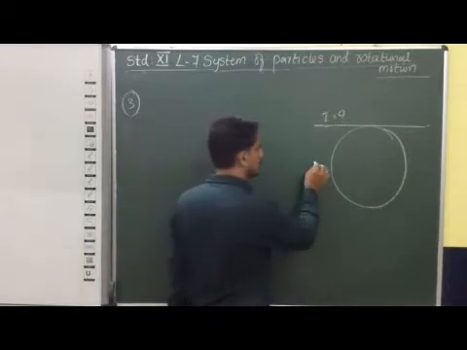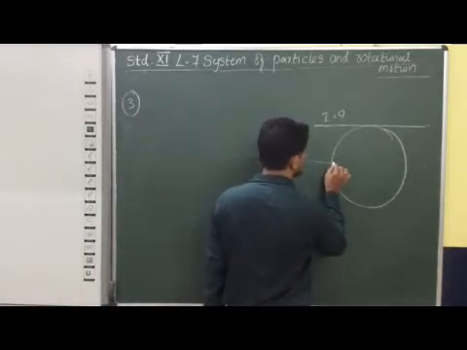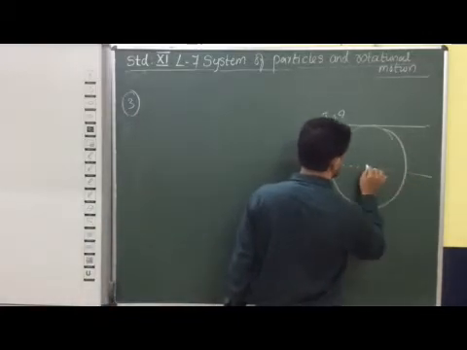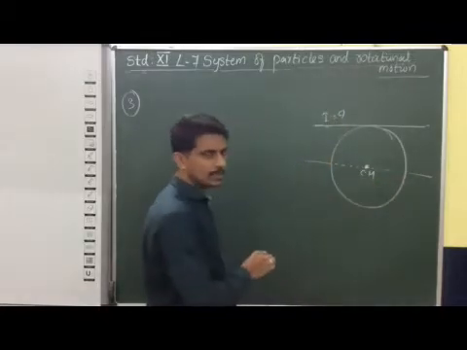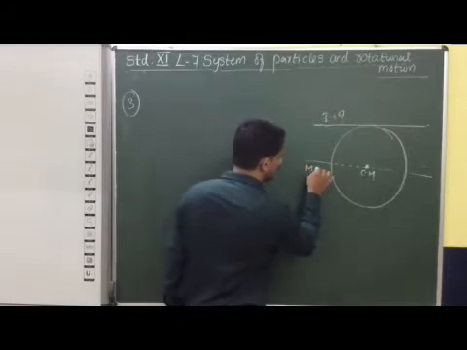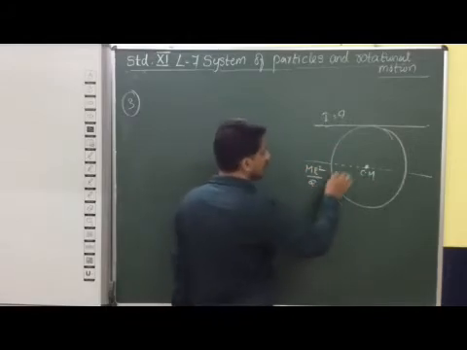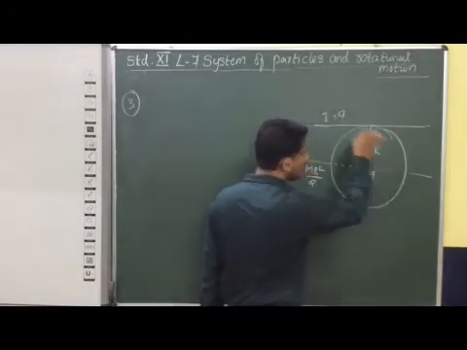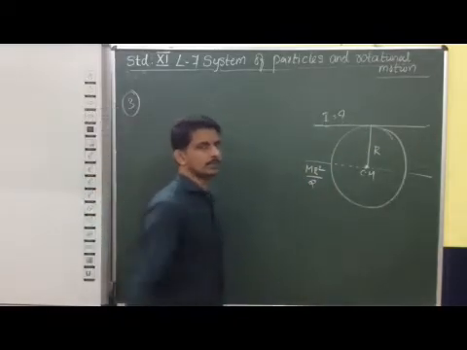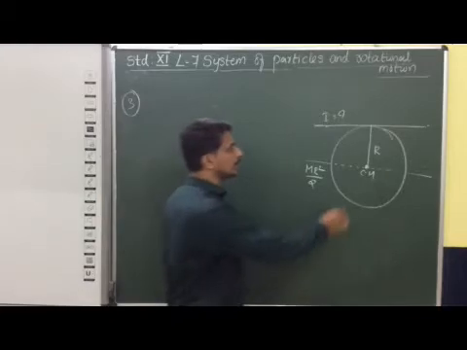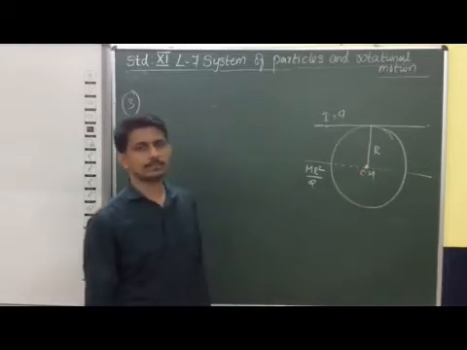We already know the moment of inertia about an axis passing through the center of mass of this system. In this case, it is given as M R square by 2. And let this distance be considered as the radius of this ring, that is, let R be the radius.